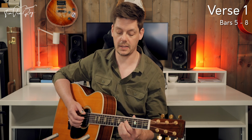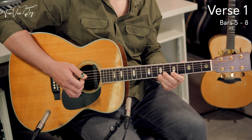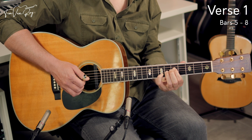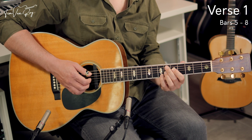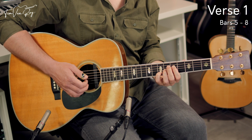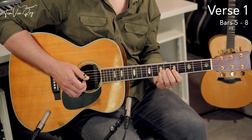Now we're going to follow that up with a single note lick, and I'm going to show you 2 variations. The first one I think is the easiest one to play, and then in verse 2 we'll check out the more difficult option. It goes something like this. 3, 4, 1. And it's sliding up to the 7th fret as you land on the 1st beat again. 3, 4, 1. Then releasing the index finger, 5th fret on the high E string,